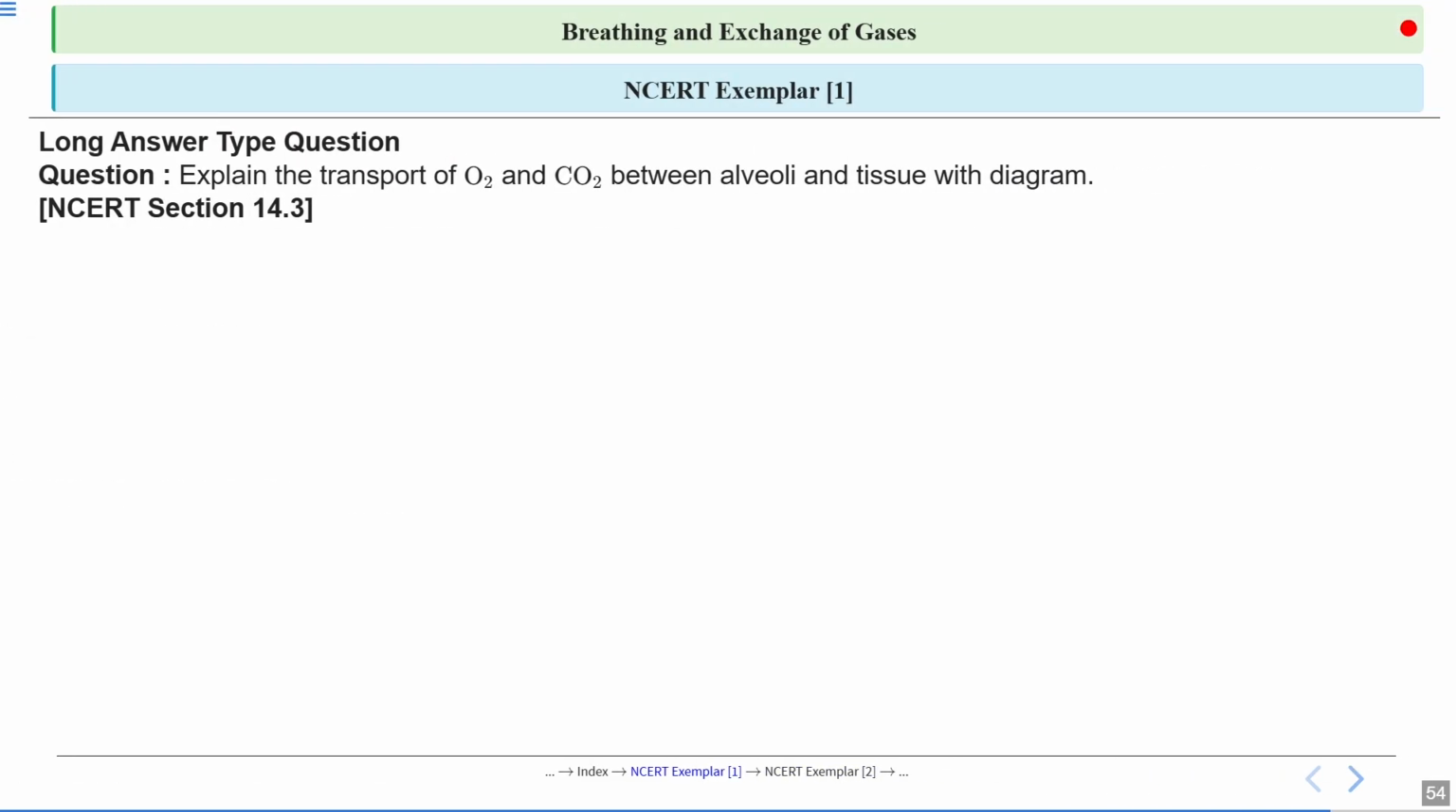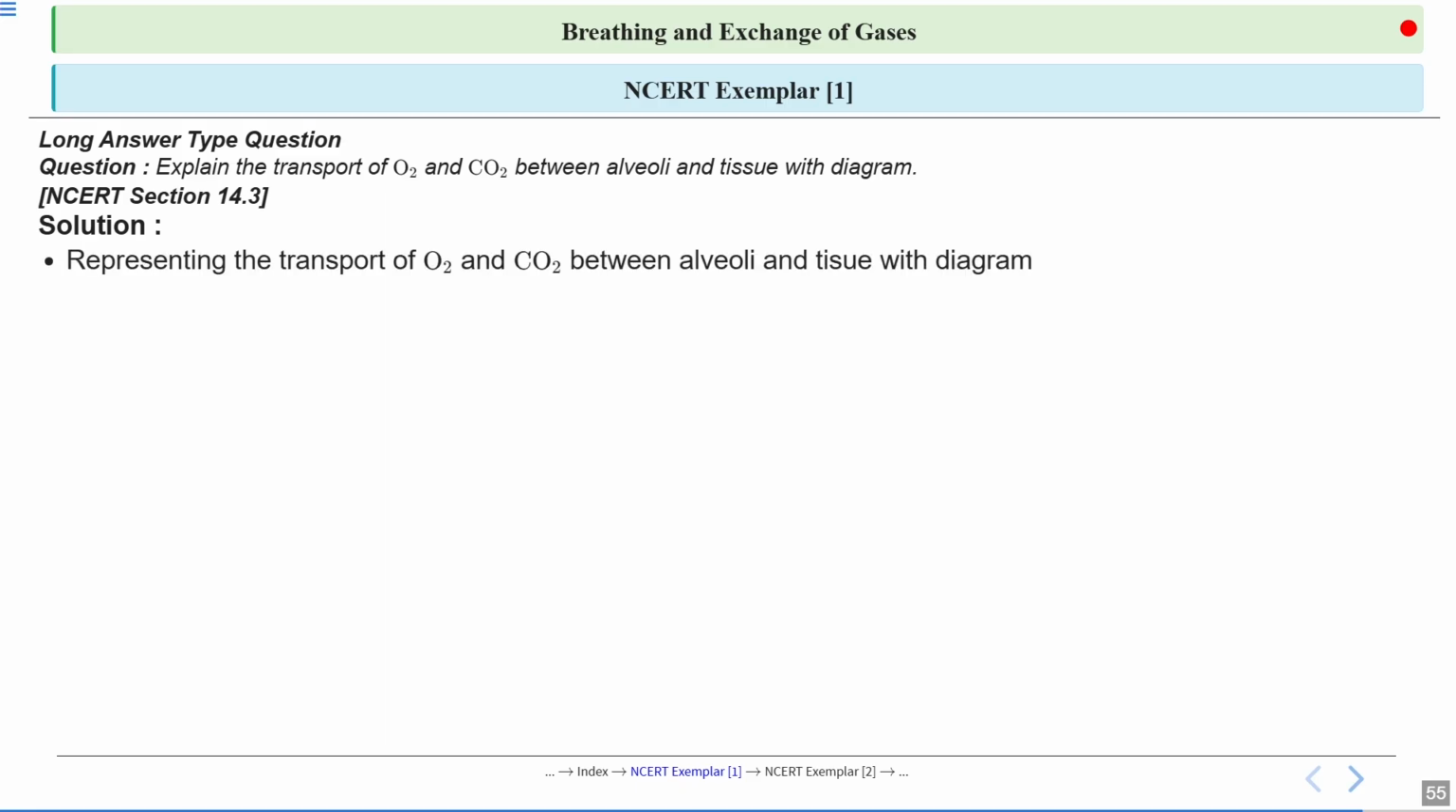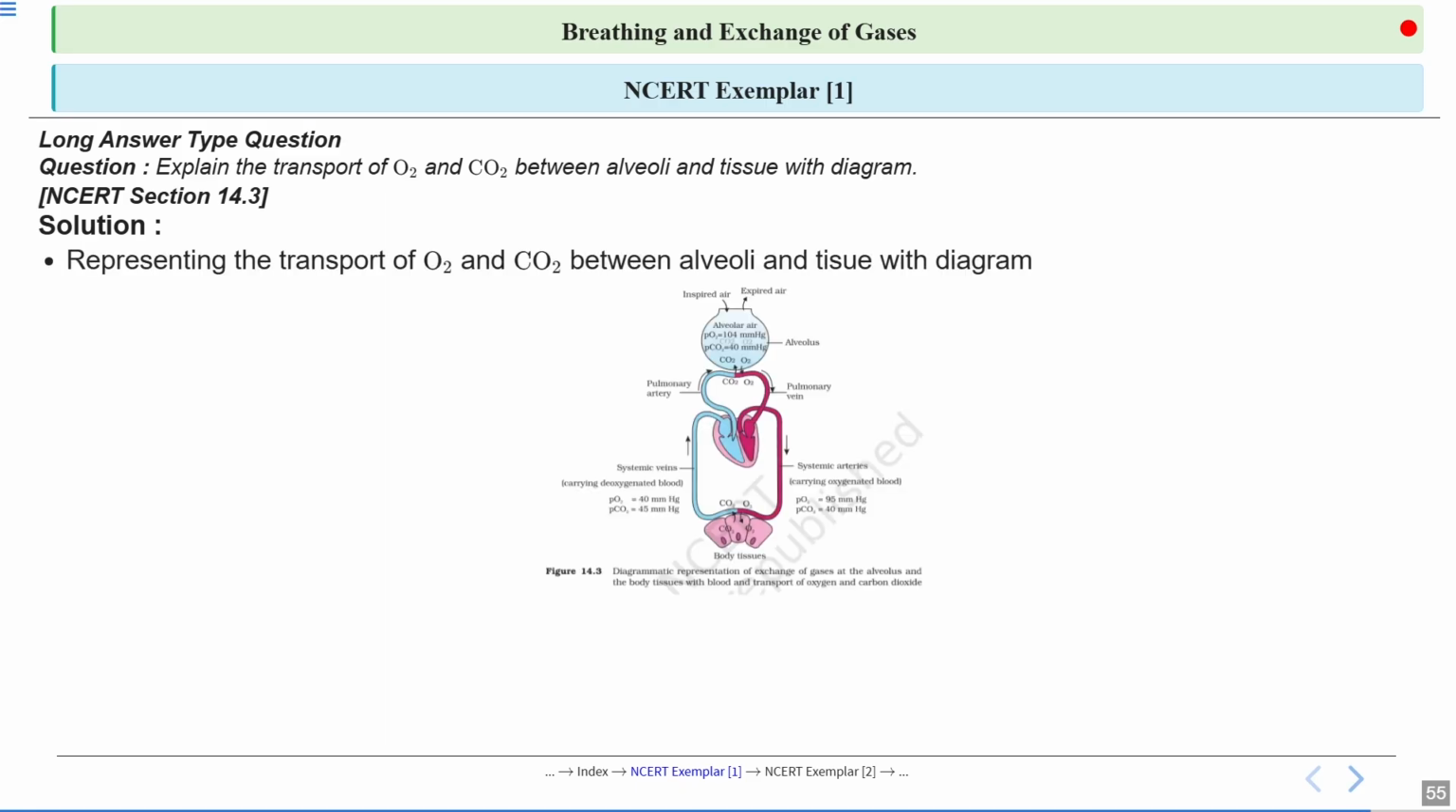Now, a long answer type question. Explain the transport of O2 and CO2 between the alveoli and the tissue with the help of a diagram. So, let us see the answer. For this answer, you have to go through this diagram. You can see this is the alveoli and this is the blood capillaries. So you can see the partial pressure of oxygen is 104 mmHg in the alveoli and PCO2 is 40 mmHg, right? So here the carbon dioxide comes